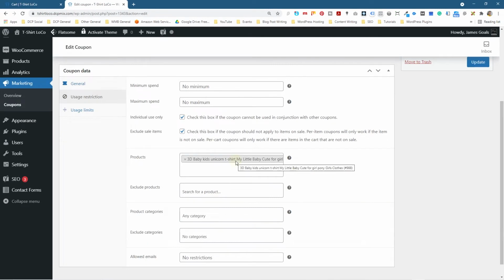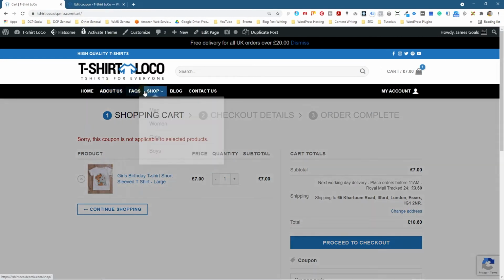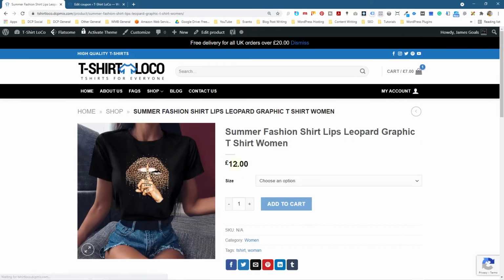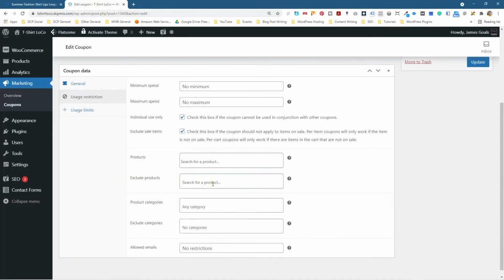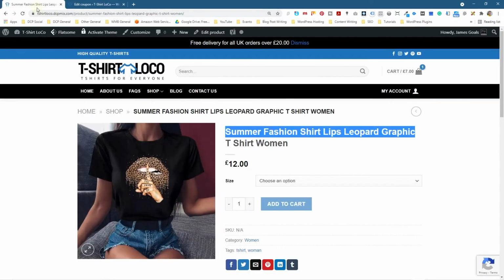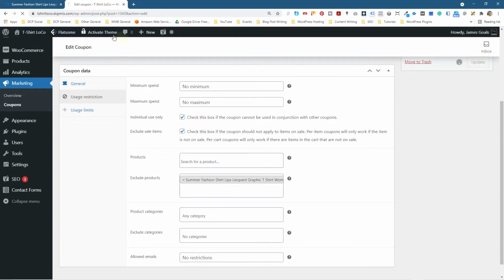Now sometimes you want to just specify the opposite, right? So you can say this discount code is applicable to all t-shirts, everything on the whole website except for a specific range of products or a specific item. So if you want to exclude a specific item, let's say this t-shirt for example, let's just copy this name here, and then we'll go back to the website. We can exclude products here, so we can search for it, and I'm pretty sure, let's see which one it is. Summer fashion shirt, lips, leopard graphic, this one, I believe it's this one, and then we can click update,